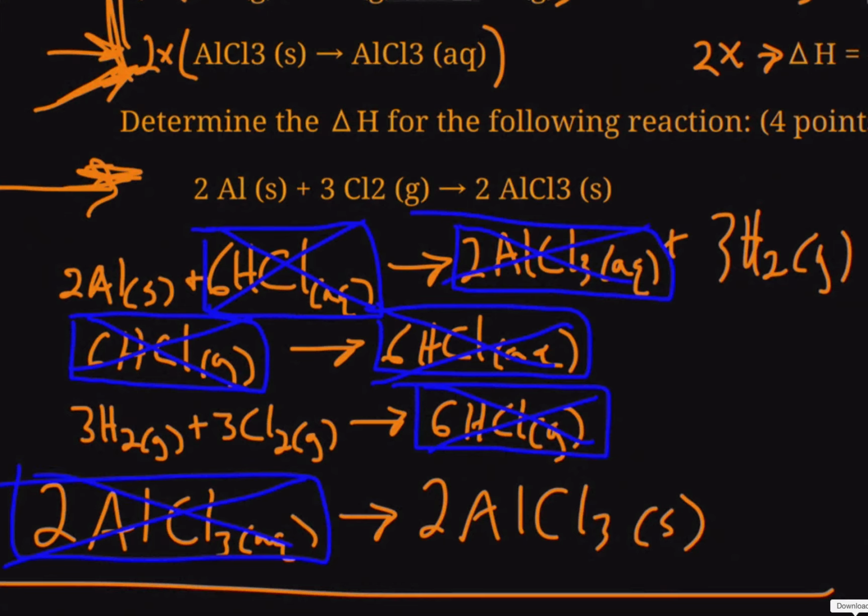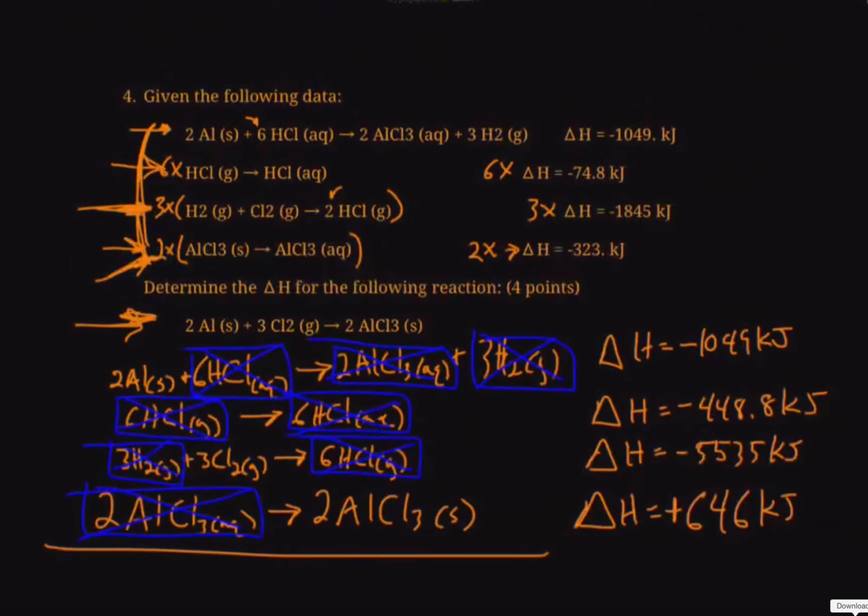And finally, in the first equation, I have 3 hydrogen gas, and in the third equation, I have the same thing on the opposite side. So those get canceled out. So now that we've canceled everything that appears on both sides, what we are left with is 2 aluminum solid